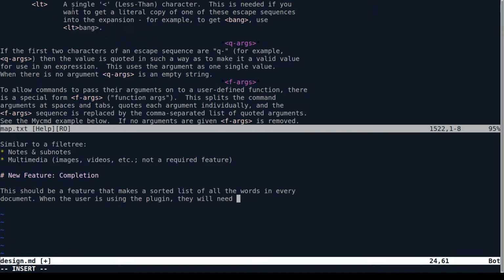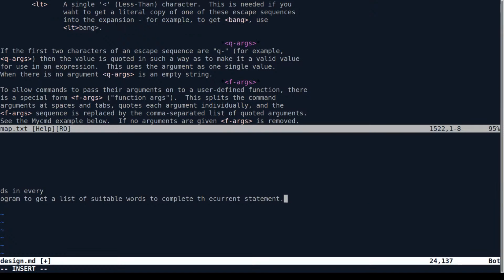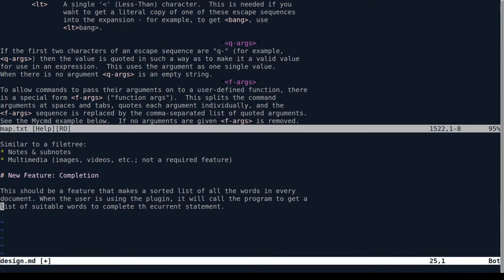So when the user is using it, it will call the program to get a list of suitable words to complete the current statement. Alright, so all we need is a program. Oh yes,